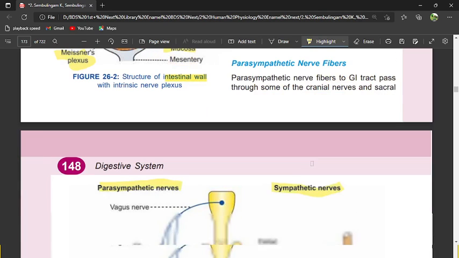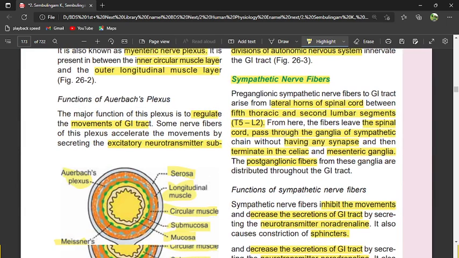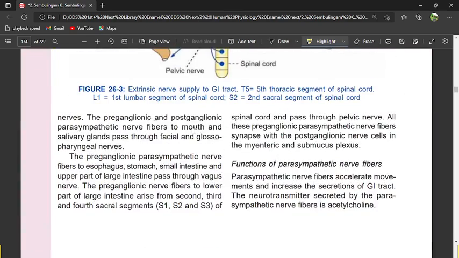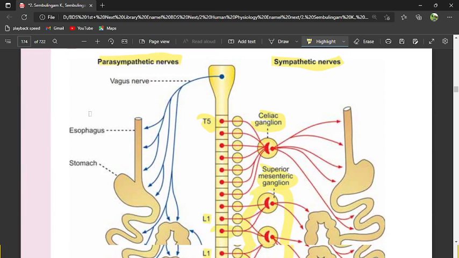Let us go to parasympathetic nerve supply. The parasympathetic nerve supply to the GI tract passes through the cranial nerves. तो cranial nerves से इसका मैकेनिज्म चलता है। पैरासिम्पैथेटिक cranial से, सिंपैथेटिक आपके स्पाइनल कॉर्ड के नर्व से। क्लियरली, ओके, शो दिस नर्व्स। चलो हम लोग ये इमेज देखेंगे, राइट।